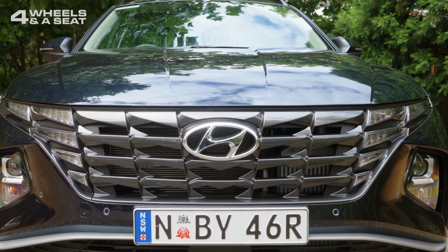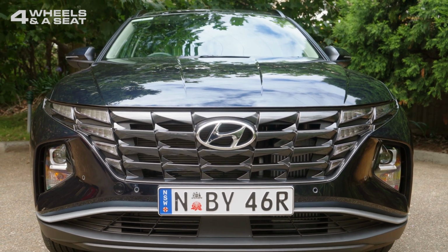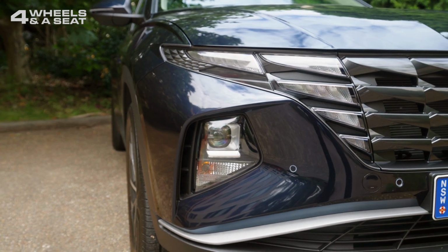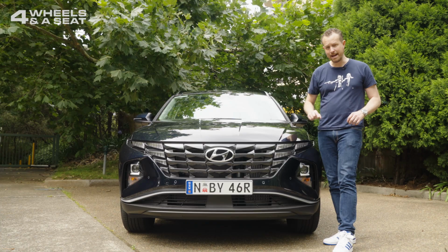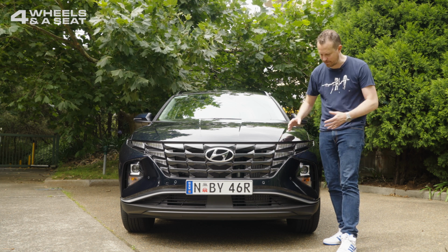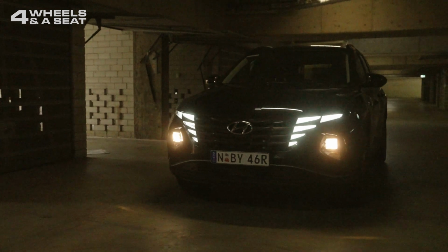And that's especially true here at the front of the Tucson, with one of the most interesting looking front ends of any car on the road. These giant LED driving lights are probably the biggest you'd find on any car anywhere, and they look fantastic. They're always on, so everyone knows you're coming. The main headlight cluster is actually down the bottom here, and these are halogens as opposed to the LED driving lights. So you do have this sort of mishmash of yellow and white lighting, which doesn't look so good,